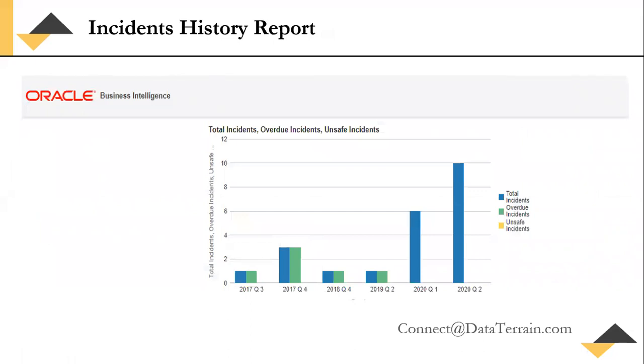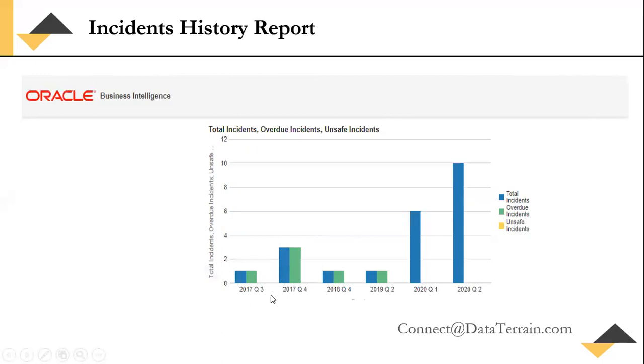And this is the incident history report. Incidents can be broken down by severity. There will be high severity incidents, major, minor, or high, low, however we have defined it in our system. This report displays the information in a chart. I have run it for four years by quarters because the data was less, so you can see the data from 2017 to 2020.